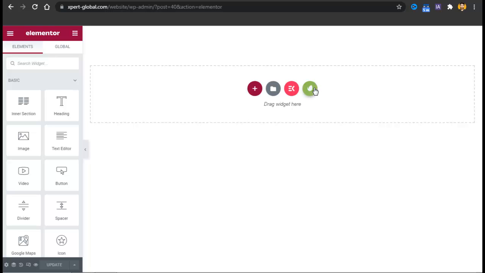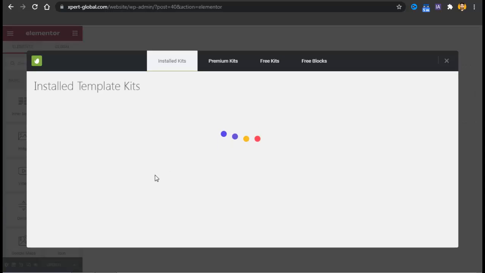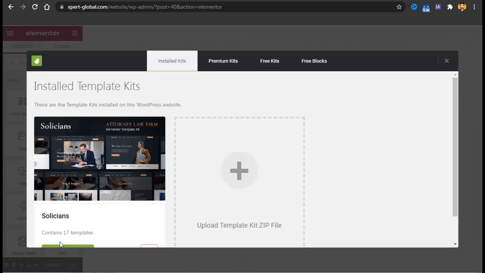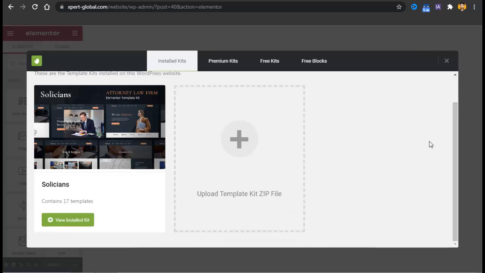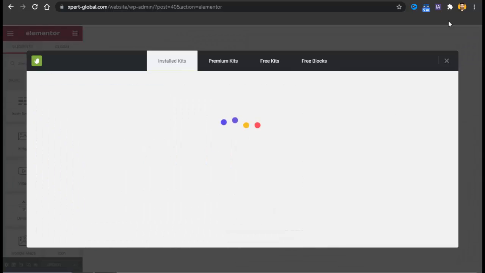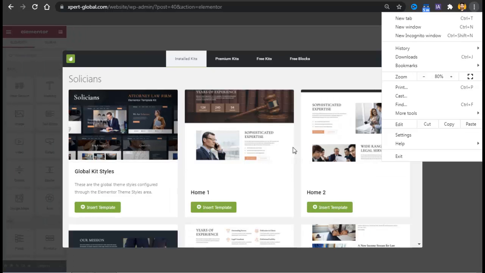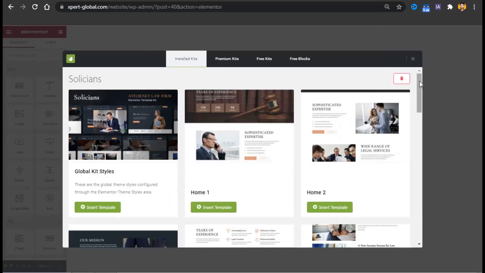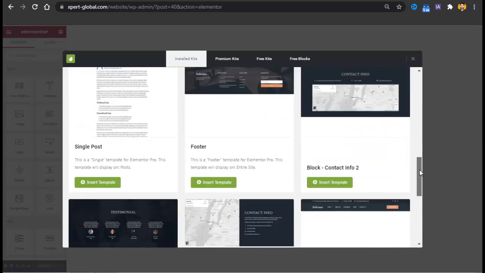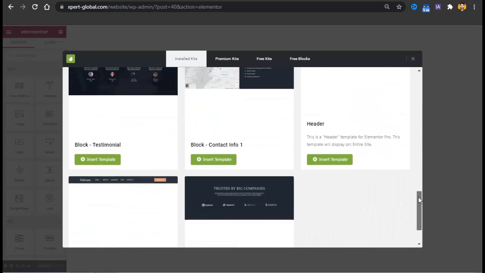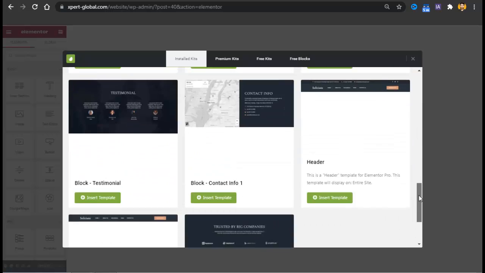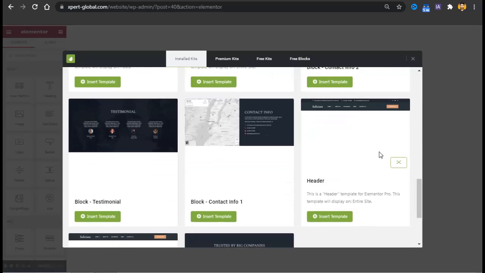So after going there, just click on this white leaf with green background, and go to solutions, and I'll go below and just go there. I'll zoom that in. So now it's looking fine. And now what you have to do is look for header, and it is header 1 and header 2. So look for the header you want to import.